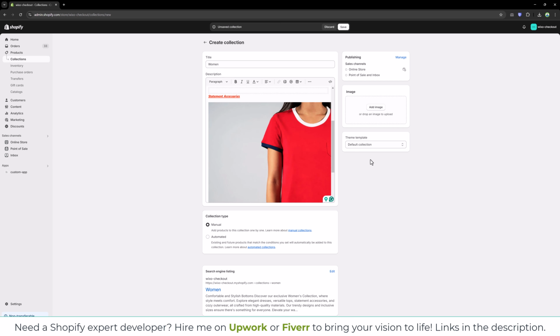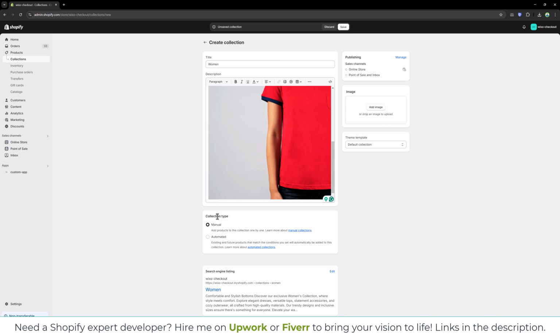Next, we need to tell what type of collection. There are 2 types of collection. One is manual and one is automated. If you select manual type, then you need to add products manually in this collection. And if you select the automated way, then you can add the conditions and products will be added in this collection automatically. So let's try the manual way first,